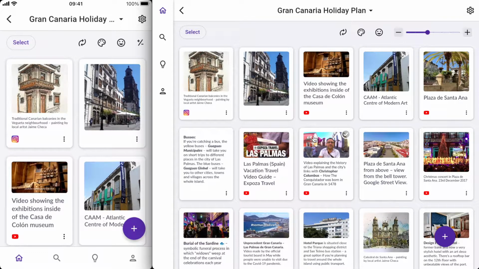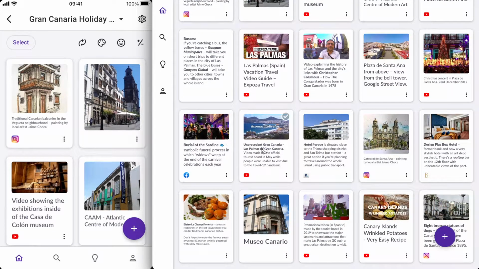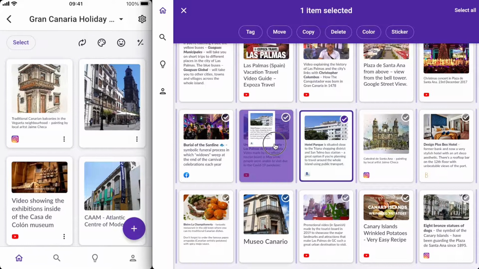First of all, I want to group together all the places to stay. There's a few ways to make stacks in Shooglebox, and the first way I'll show you is to drag cards on top of each other. Let's see if I can find one of the hotels. Yeah, here's a hotel that I saved, and there's another one just next to it. So I'm going to drag this on top of the other one, and when I let go,